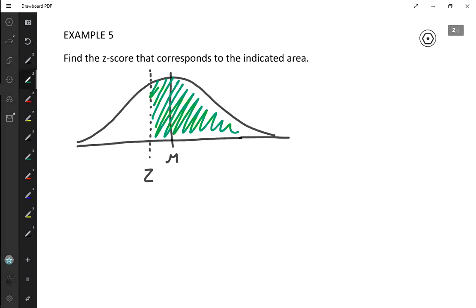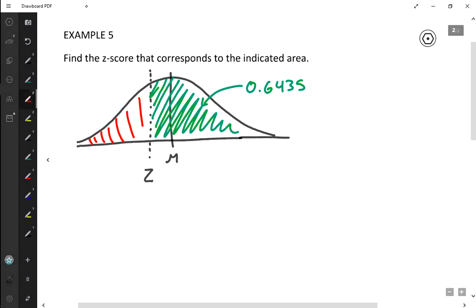So all that area to the right, I am going to say that that area right there makes up, let's say, 0.6435. So 64.35% of the data is to the right. Now, before we go to our table, we have to remember that the tables represent area to the left of a z-score. This is the area to the right. How would I find the area to the left over here? Well, to do that, I have to do 1 minus 0.6435. Because again, the tables give us area to the left. So 1 minus